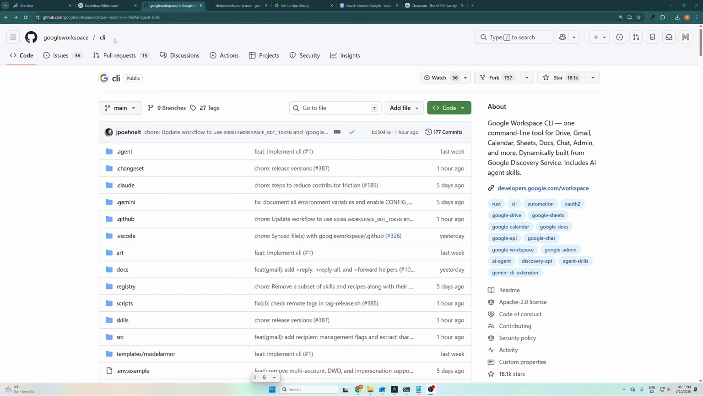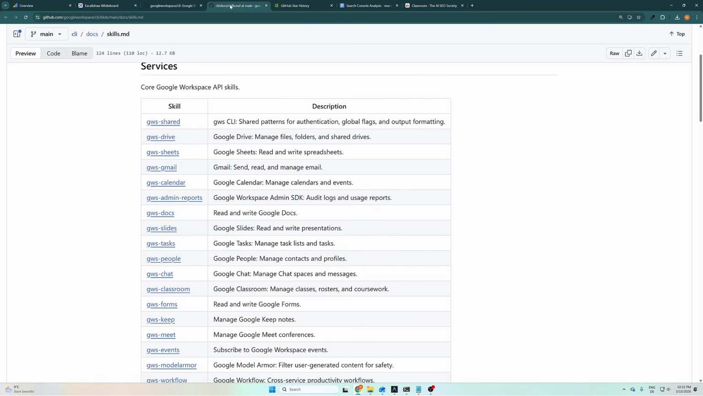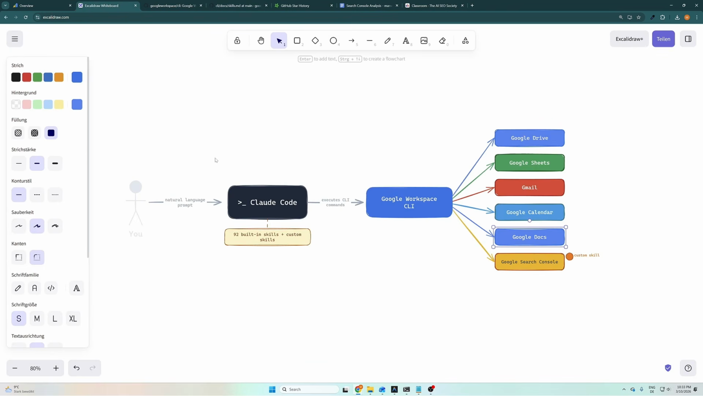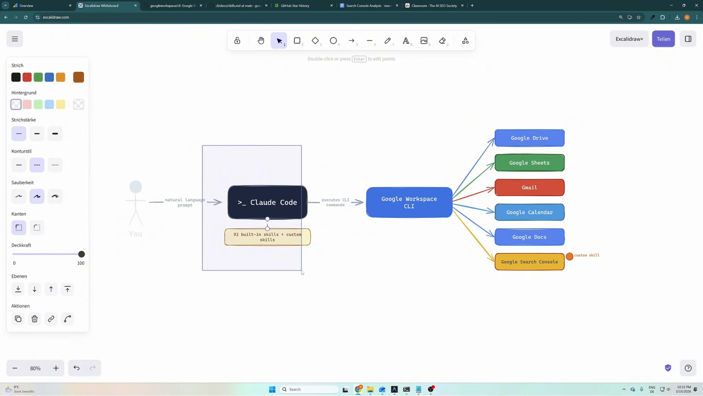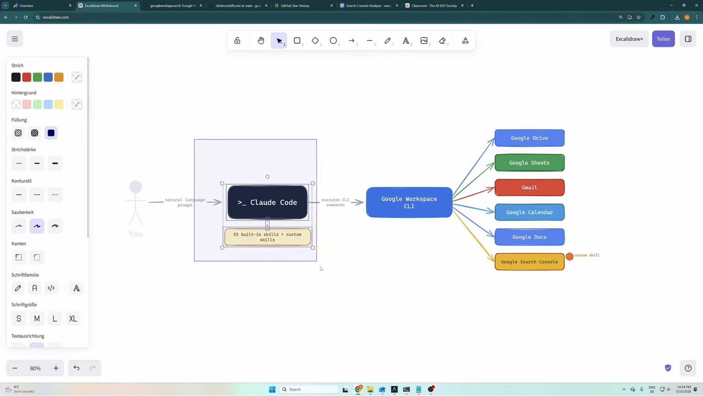Everyone is talking about the Google Workspace CLI, and for good reason, because it gives you programmatic access to over 92 skills, which allow you to interact directly with, for instance, Google Drive, Sheets, Gmail, and so forth. And the reason that matters is that AI assistants such as Claude Code, or any other large language model that supports tool calling, will be able to execute a CLI command, which means you can simply talk to the system. The AI agent will then understand what you want to do, call a specific skill, execute the command,